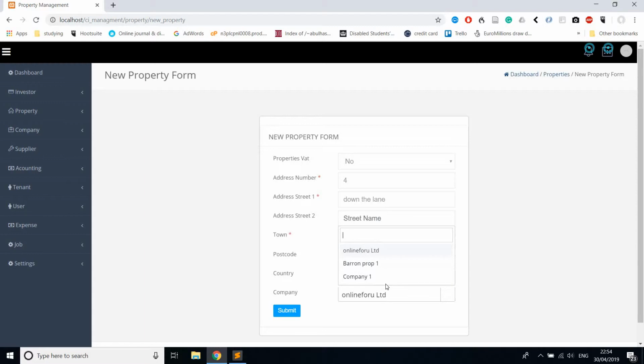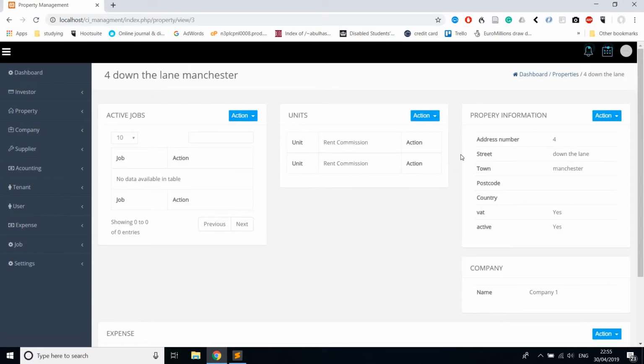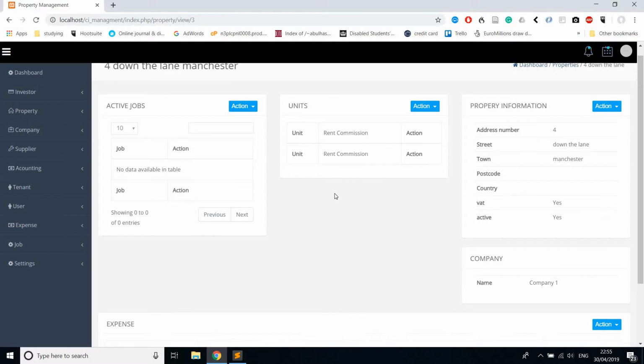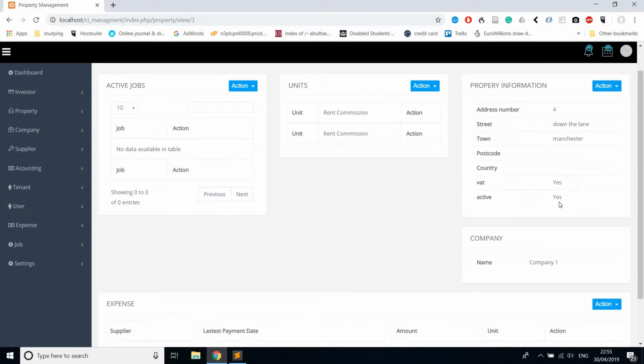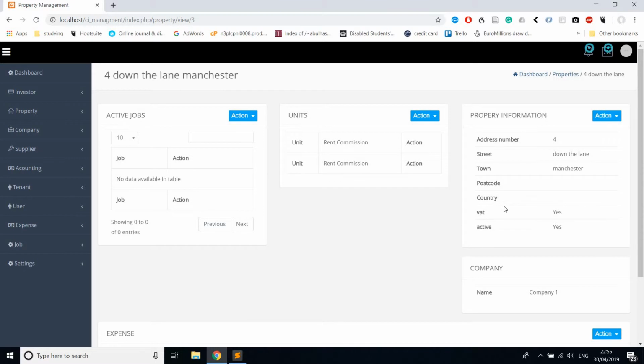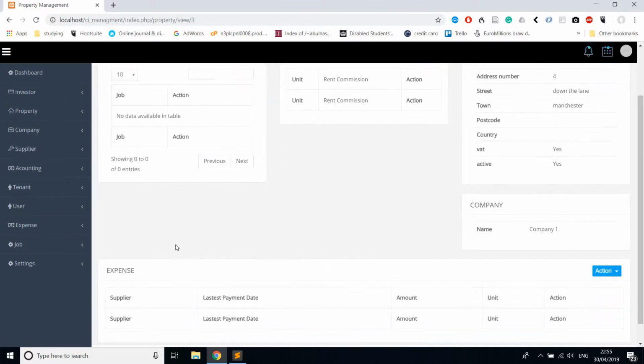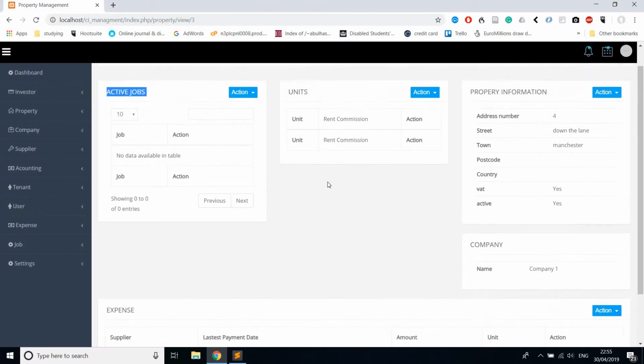And the company is company 1. So now we've created this new property in company 1, and you can see it belongs to company 1. This is the information, if there's any active jobs for this company, and if there are any expenses for this